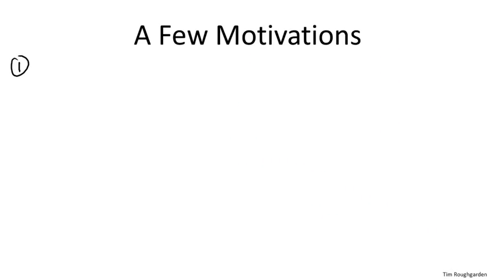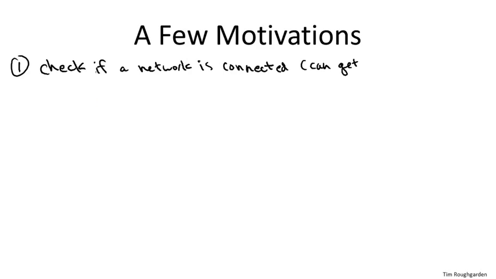So let me begin with a very obvious and literal example, which is if you have a physical network. Then often you want to make sure that the network is fully connected in the sense that you can get from any starting point to any other point. So for example, think back to the phone network. It would have been a disaster if callers from California could only reach callers in Nevada, but not their family members in Utah. So obviously a minimal condition for functionality of something like a phone network is that you can get from any one place to any other place. Similarly for road networks within a given country, and so on.